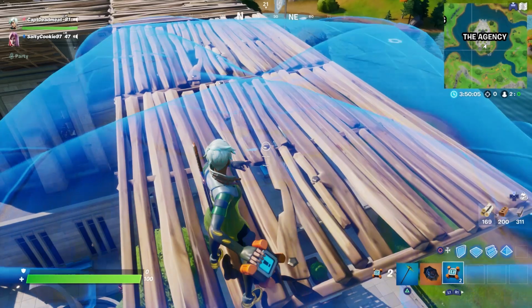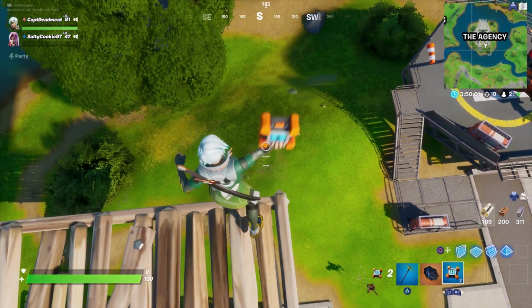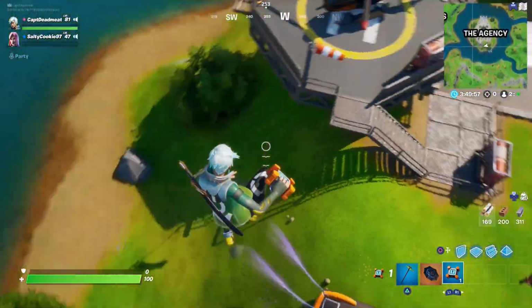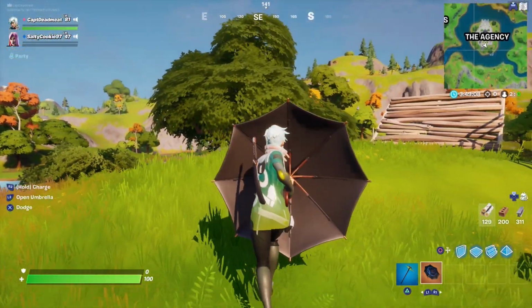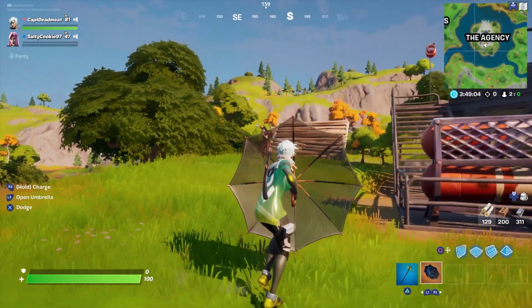Alright, so welcome back guys. It is, of course, update night for Fortnite and there are some really cool objects that are out there for us. There are two new items. The first is the crash pad. The second is the umbrella from the Kingsman. And I will be making videos doing updates on those in a little bit, but I want to talk about